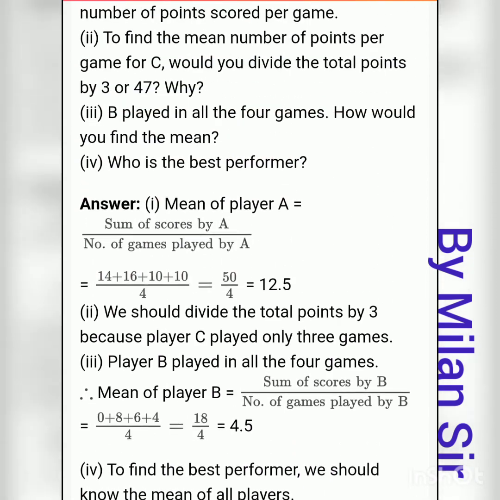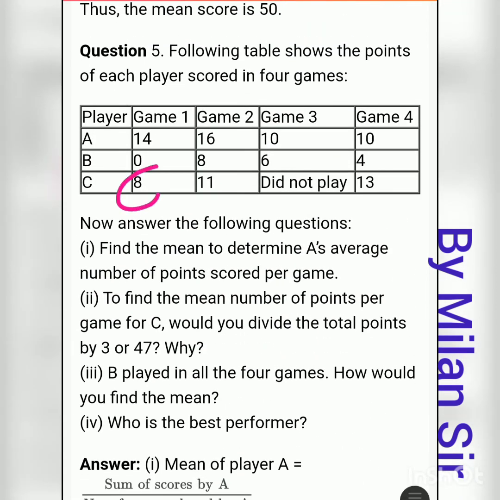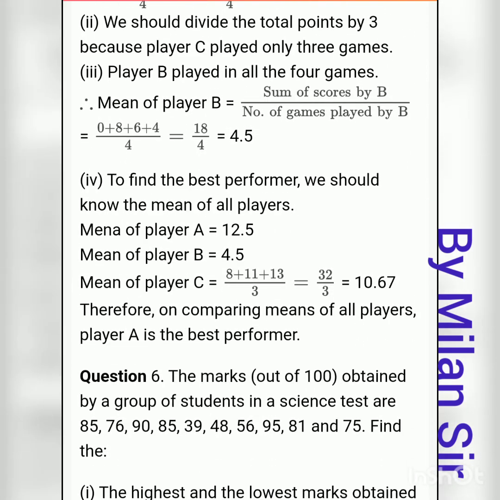And in the denominator, the total numbers. We already discussed these things. We need to consider only 3 numbers here, right? So in the denominator, we need to write 3. In the numerator, the sum of all the numbers, and in the denominator, the total numbers. So we have 3 numbers here, and we need to divide the sum by 3. The addition is 32, and we need to divide this 32 by 3 because we consider only 3 numbers here.